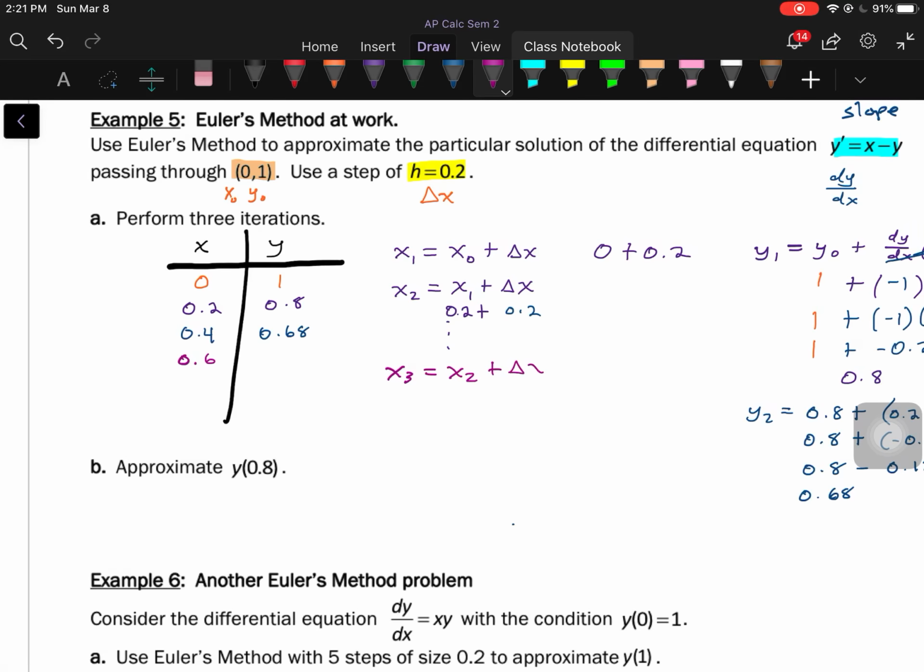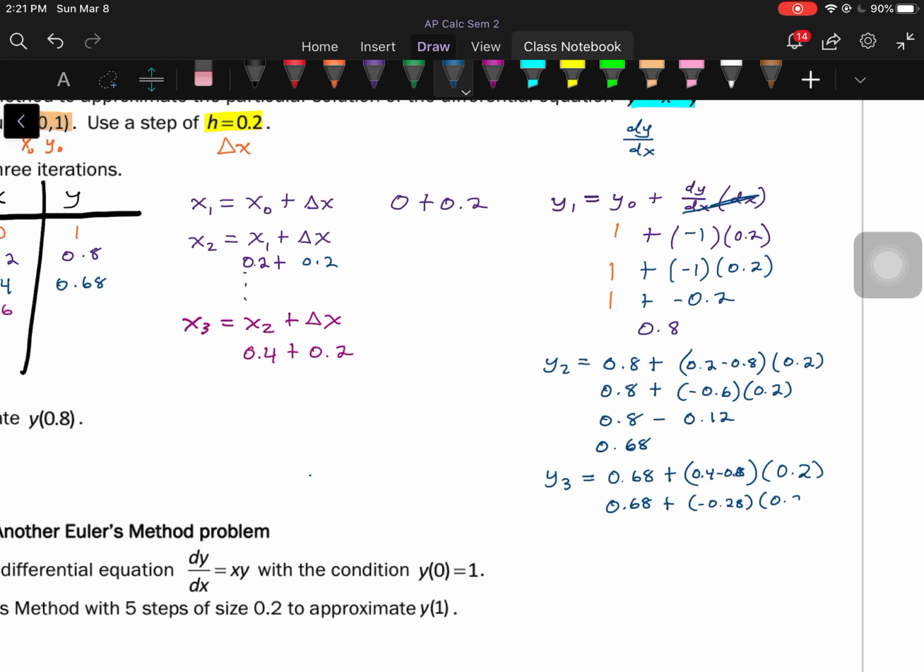Let's keep going. Y sub 3 equals the y value I left off at, 0.68, plus the slope times the step size. And notice that the step size every single time was at 0.2. The slope changes though, because now I have to use the point I was at, 0.4 minus 0.68. 0.68 plus, and this becomes negative 0.28 times 0.2,